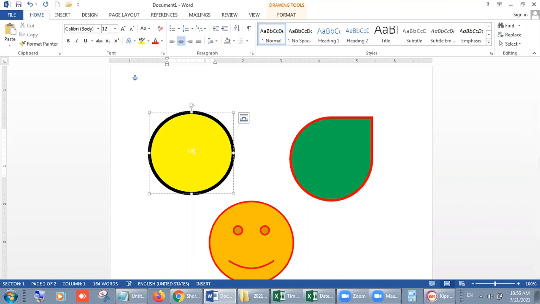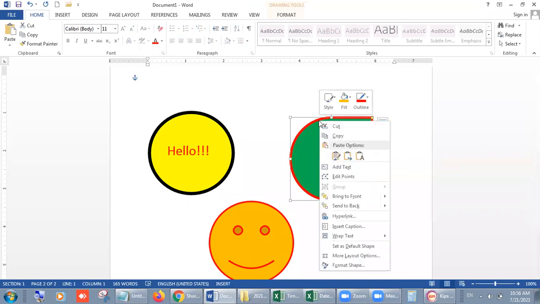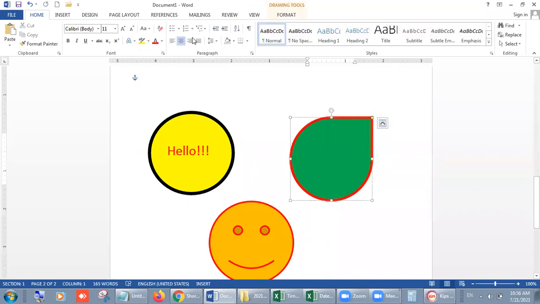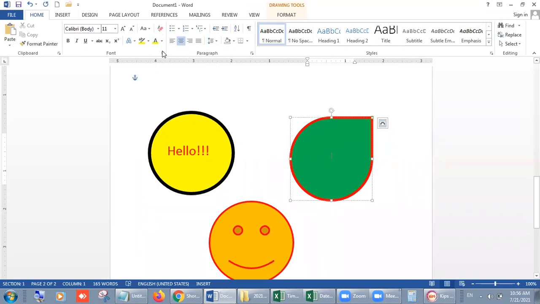Suppose I am writing, and you can change the color as well. Suppose I am enlarging the size and changing the color also, hello, like this. You can write anything in the shape. I hope it is quite easy. Let's do this command also. Add Text, and the color of the text, suppose we are using yellow, and the size we are also increasing.